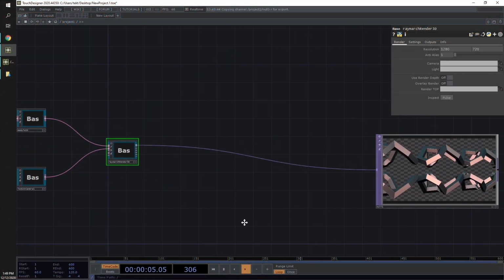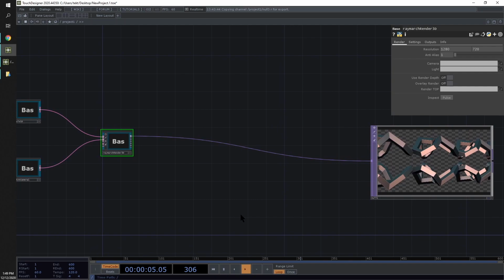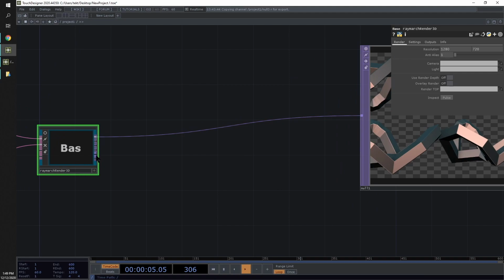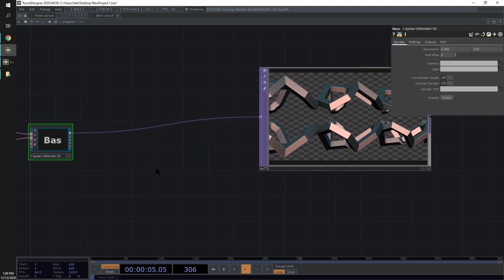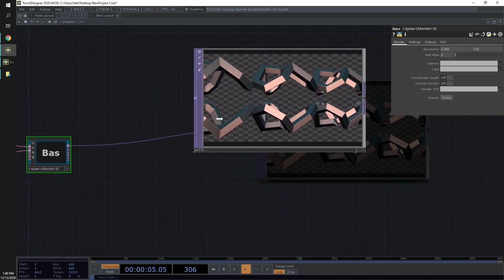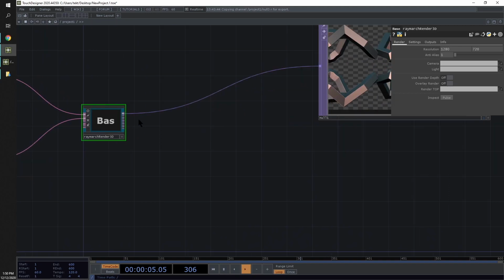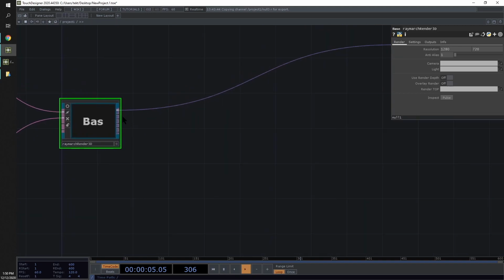So we're now going to try out some things related to what are called output buffers. You can see here there's a bunch of different outputs that you can get out of this raymarch operator. The main one is just the standard camera color output, but there are also a number of other outputs. So this third one here